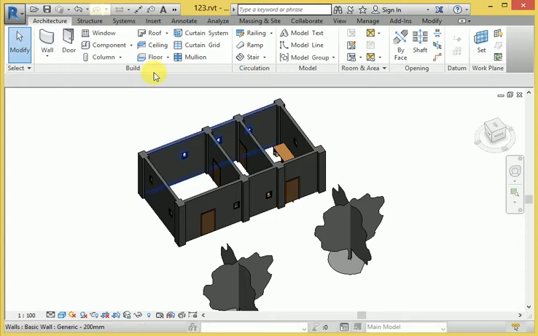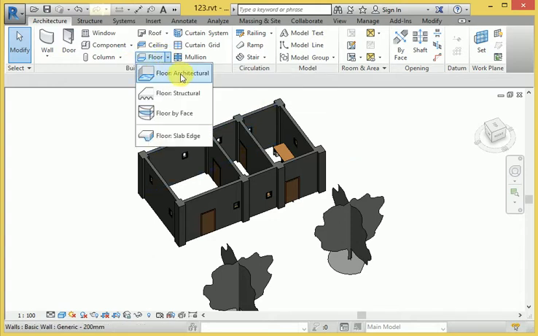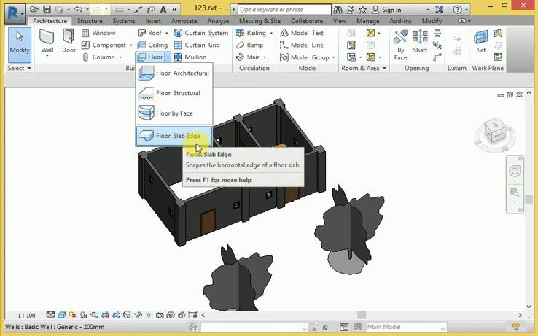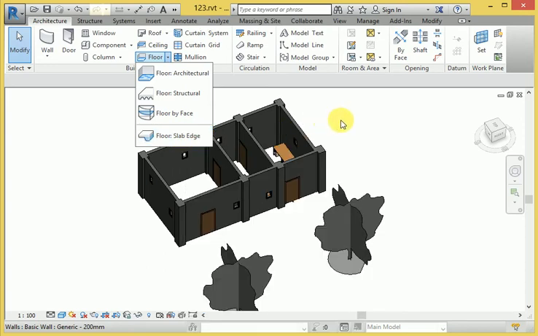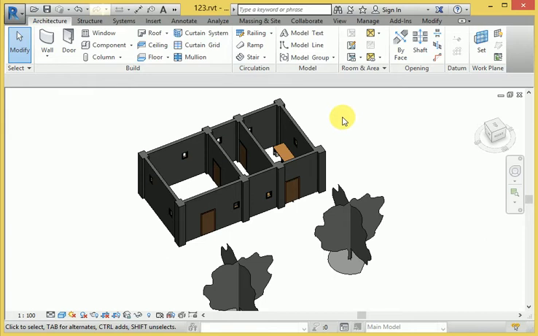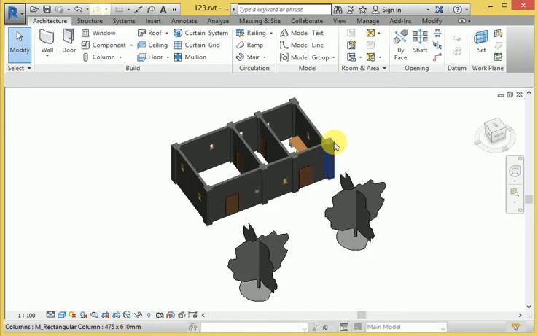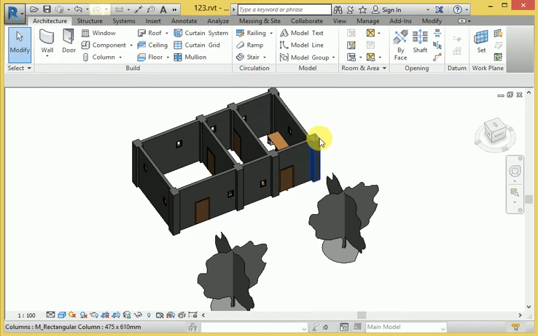So how to use floor design basically. There are many types of floor available. This is the architectural floor, structural floor, and like that face floor and slab edge. So I can use it from roof floor design. For the floor, you can select this particular edge and this edge,